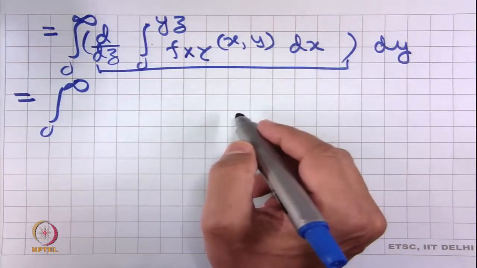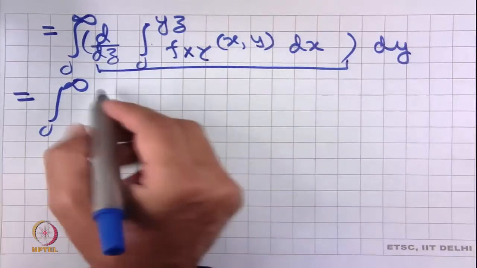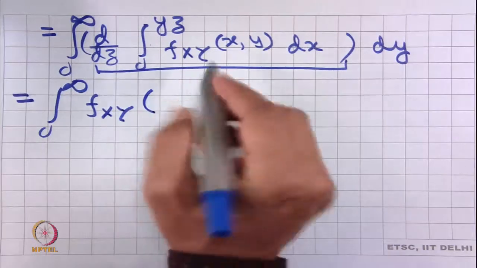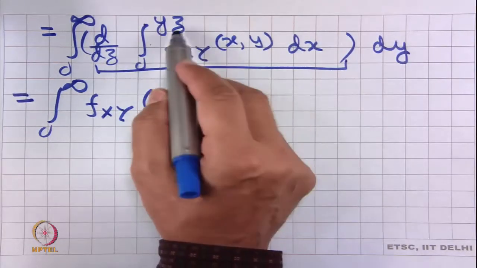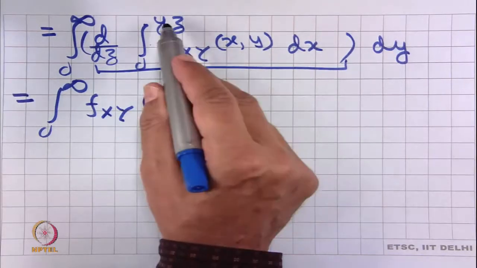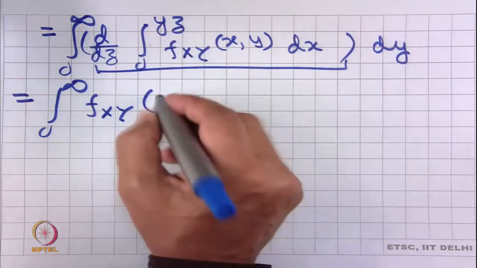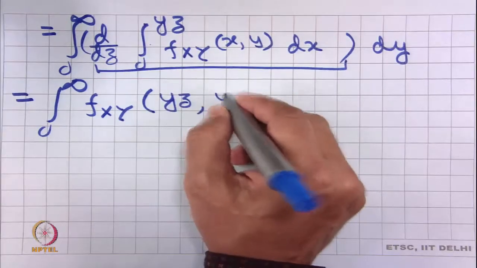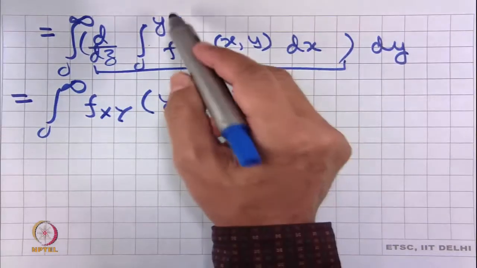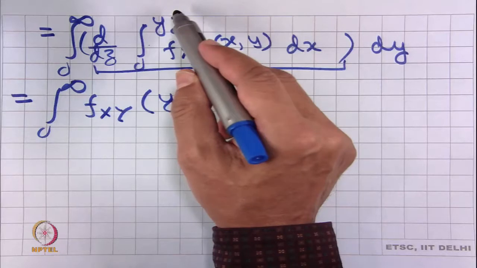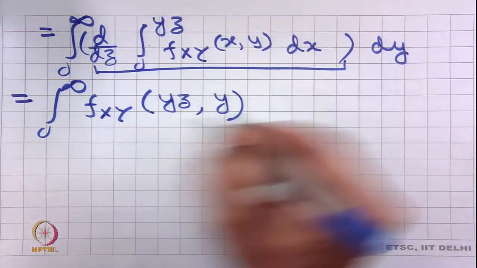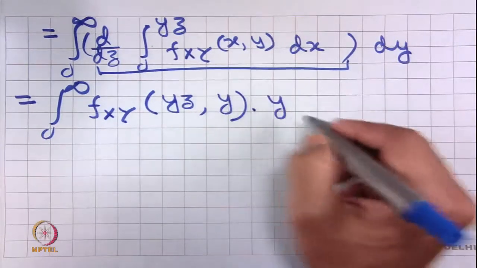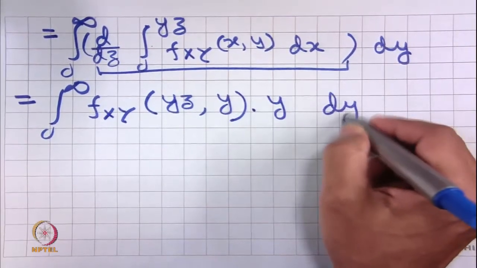Therefore, it is going to be f(x, y) with the value of x replaced with yz, that is f(yz, y), multiplied by d(yz)/dz, which is equal to y, dy,